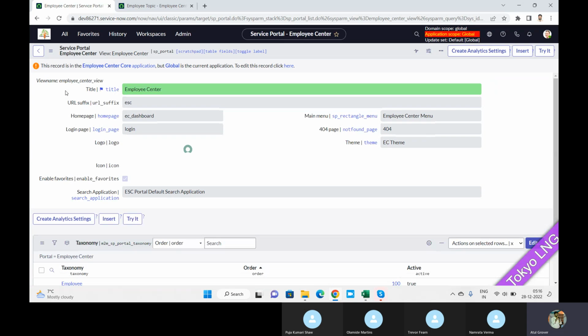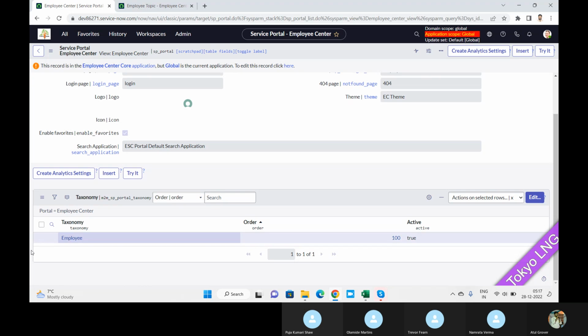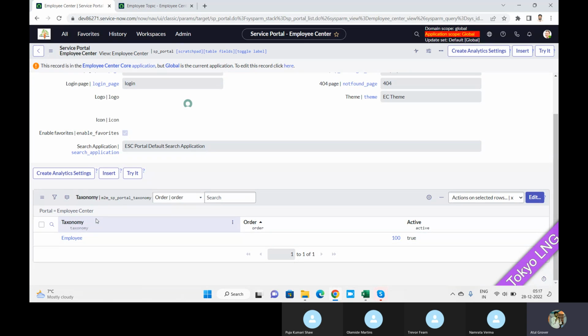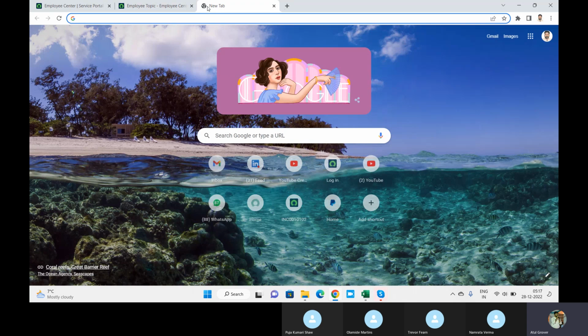Okay, this one. The moment, as I say, it is a scoped application. It's not a global application. Number one. You can see this ECS as a suffix, ECS dashboard, login page, and all the things which we know already. The main point is taxonomy. What is taxonomy? That is